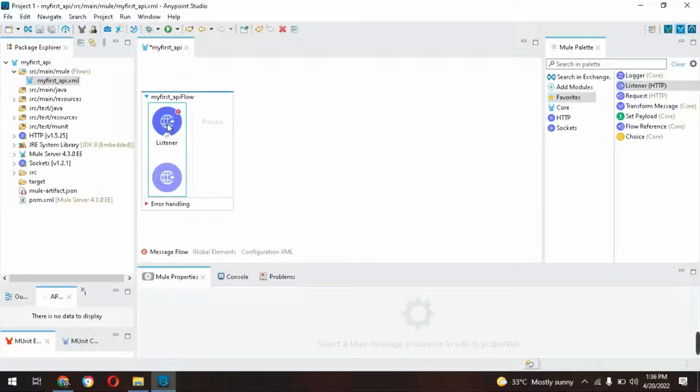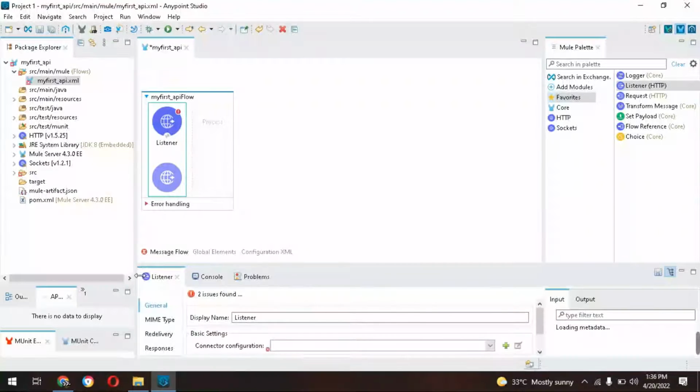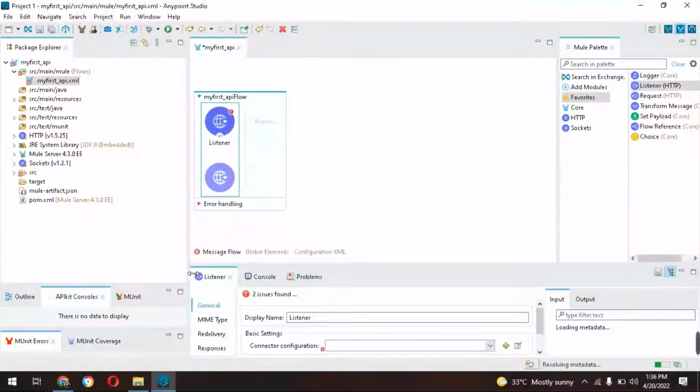Before going to this hello world, I will explain the project structure, like what our project is. Once I create the project, it is throwing an error. Okay, there will be no error, it's just throwing an error. Once I created the project, according to that, in the source main mule